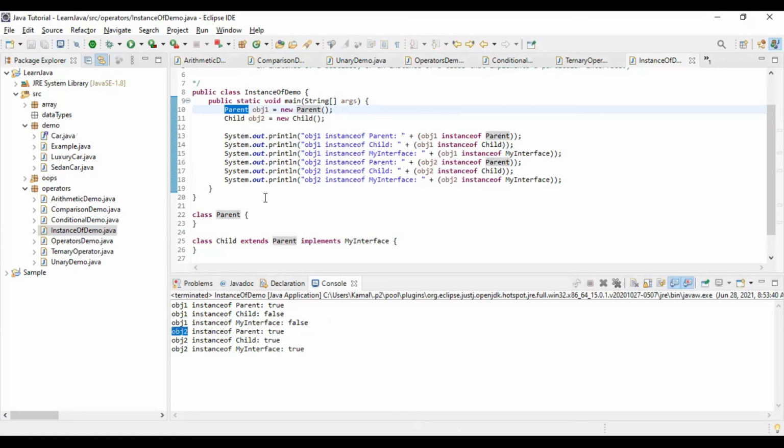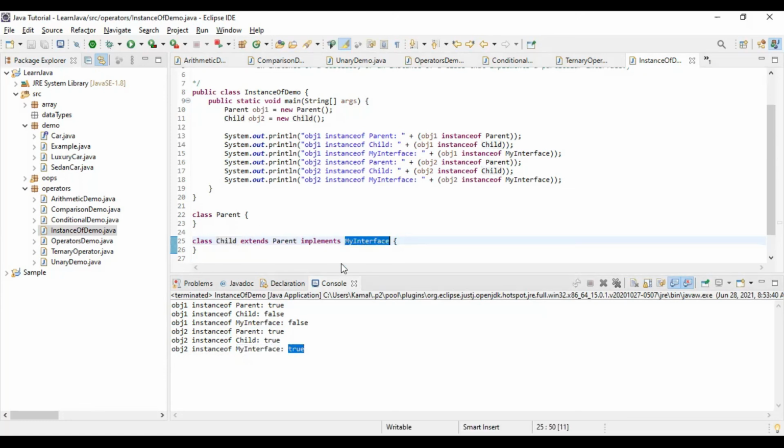Now coming to obj2, which is of type child, and the child class is extending parent and also implementing the interface. So obj2 instanceof parent, true. Obj2 instanceof child, also true, since it is extending. Obj2 instanceof my interface is again true because this child class is implementing the interface.